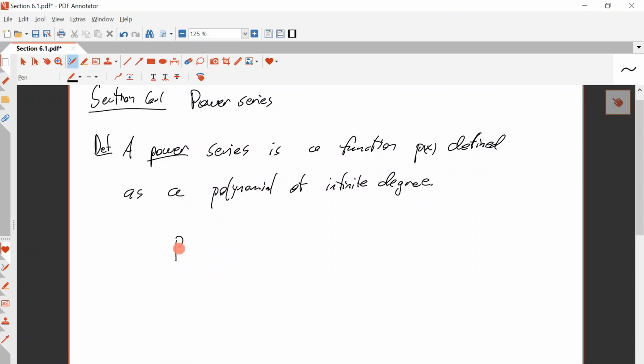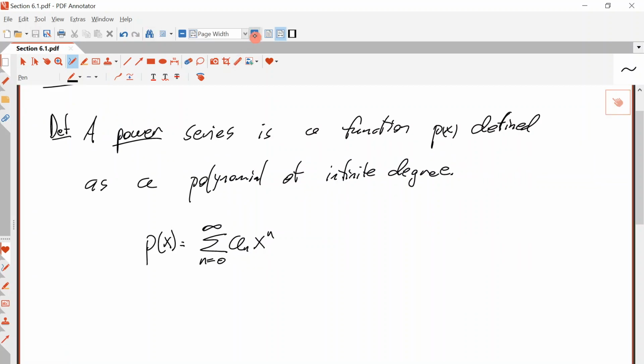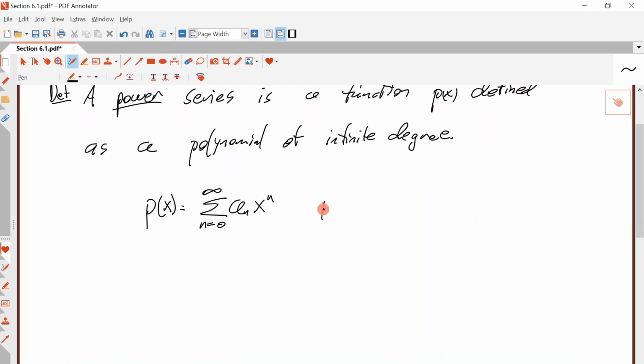So when you write it like this, the sum from n equals 0 to infinity of a_n, which is a constant, times x to the n, you call that a power series